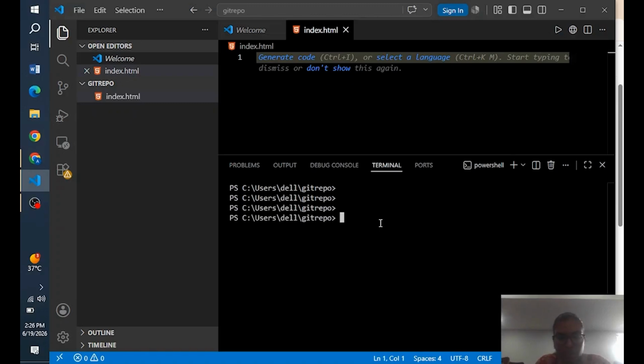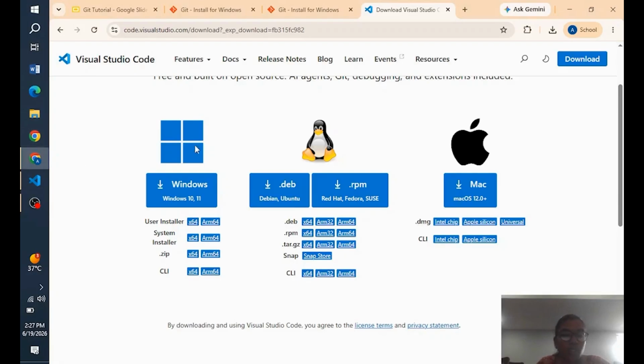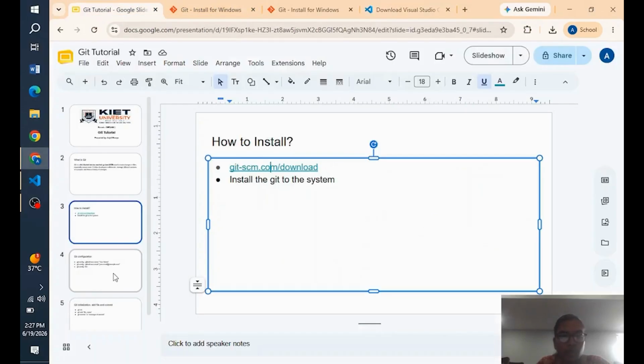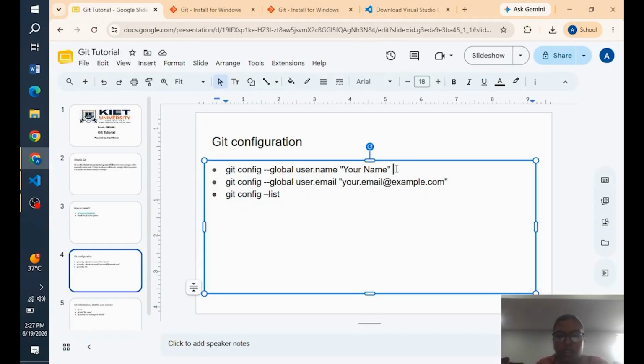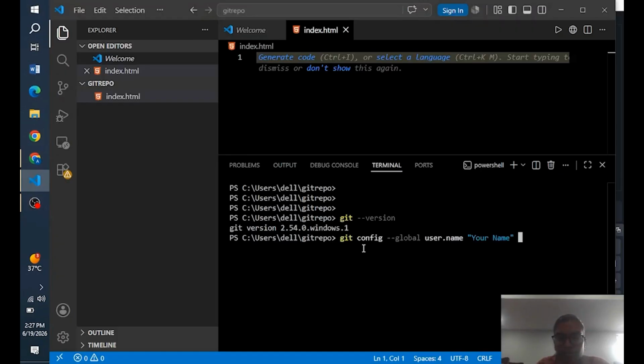First we'll check the version, like git --version. So yeah, this is the particular version installed on our system. Okay, and then we'll configure. In the next step, we are going to configure the username and the email. Okay, so first let's copy this command, paste here. You need to type your name, in my case